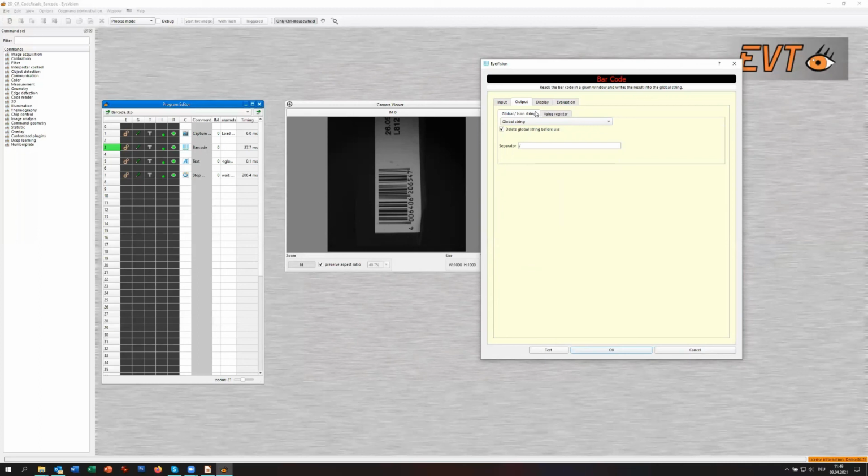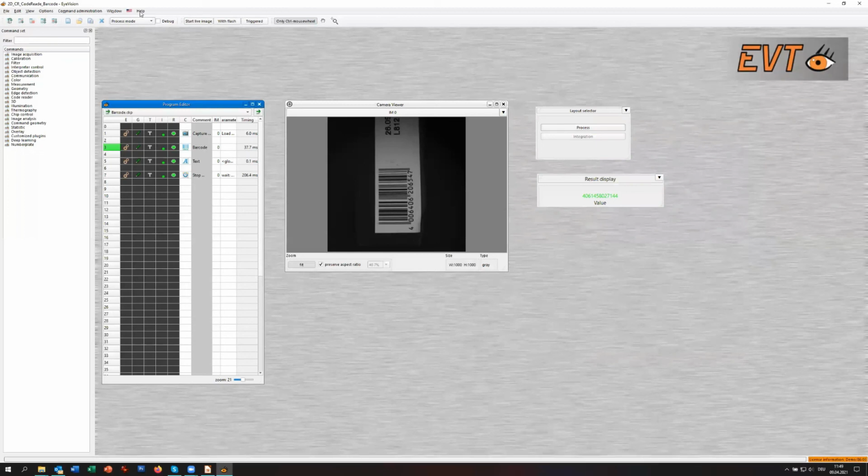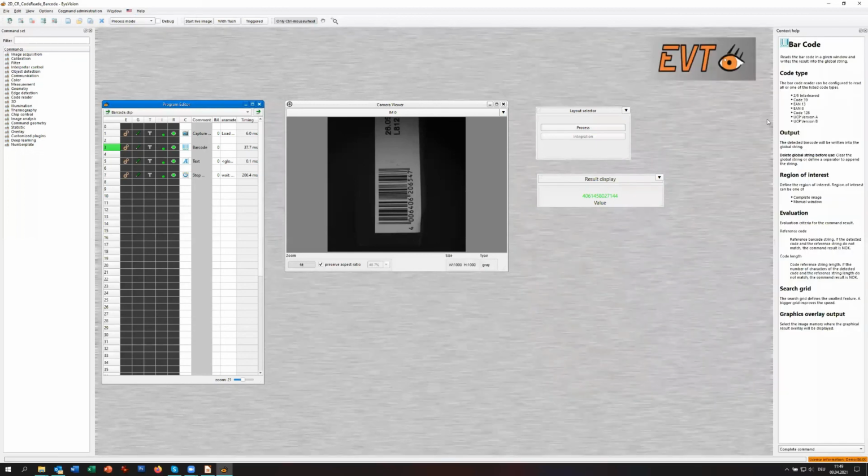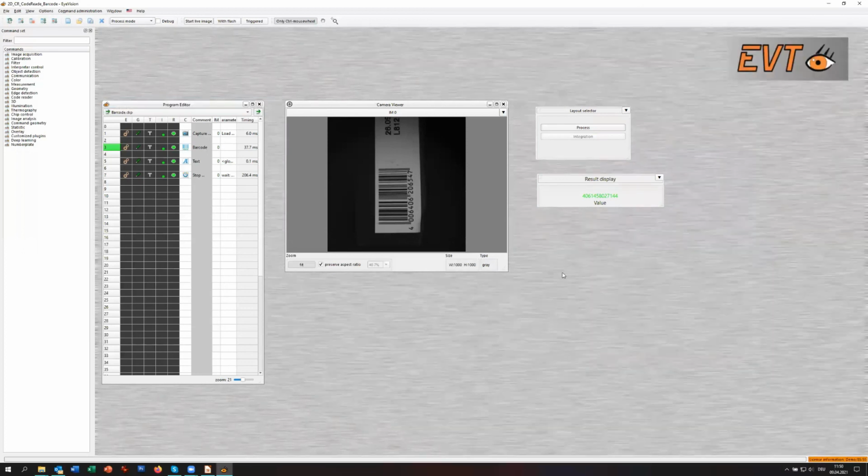Or you can also receive a string or a number, the number of the next barcode, and you simply can compare it. That's why we have this evaluation. You can get it first, and you see, and can compare it to the sent-in data strings. All these options are here. If you don't know how to configure, I really recommend to open up the context help. You get a lot of information about the barcodes,